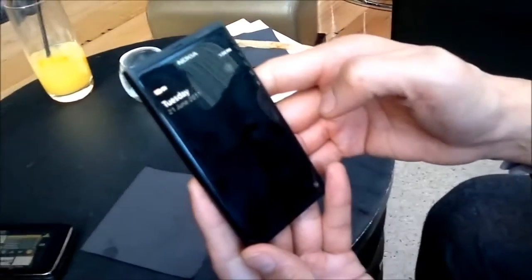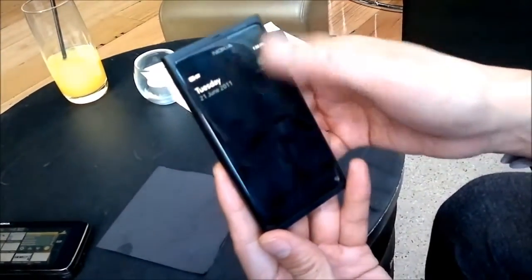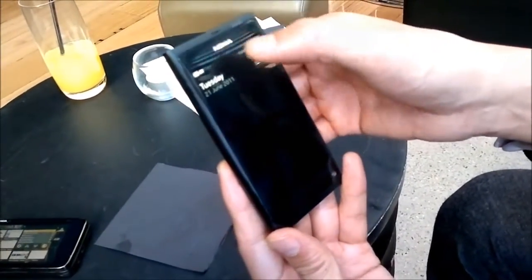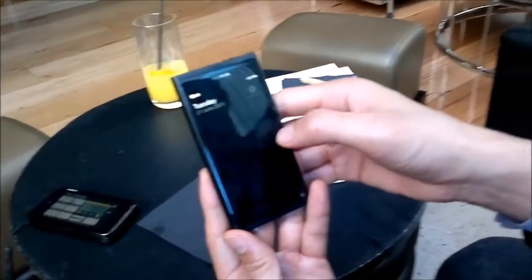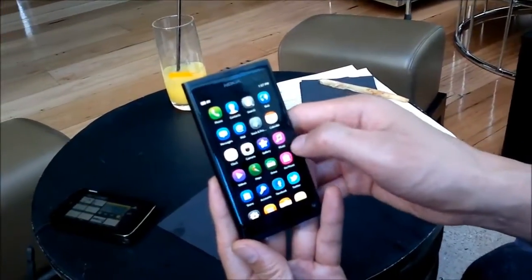Sorry, and then there's left. So the left is all the notifications. This one doesn't have any connection to the internet, so we don't have any Facebook or Twitter or missed calls or messages or anything like that. To the other side,